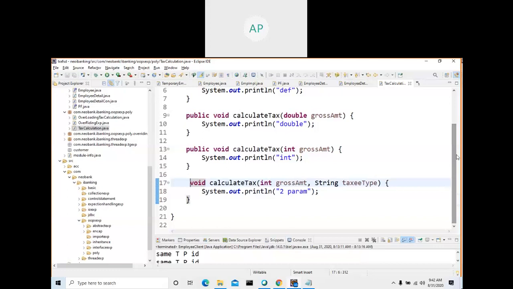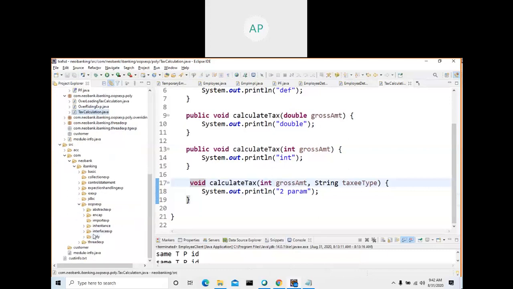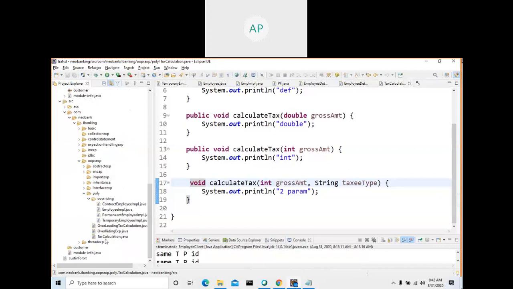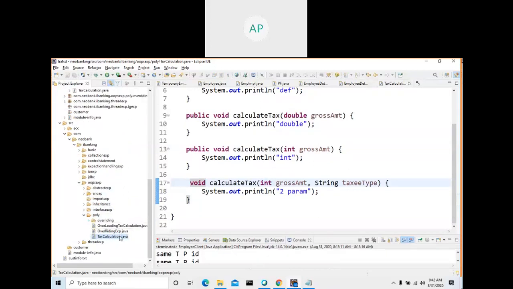Okay. Now let's create one class and call this method. Where is this class? In polymorphism, overloading, tax calculation. Let's try one client for tax calculation.